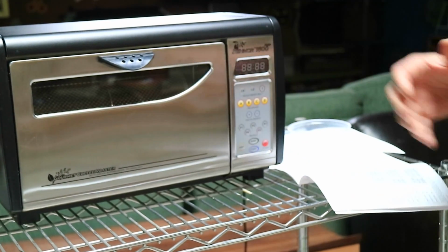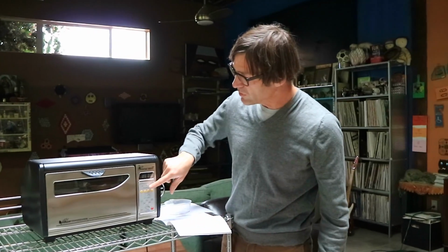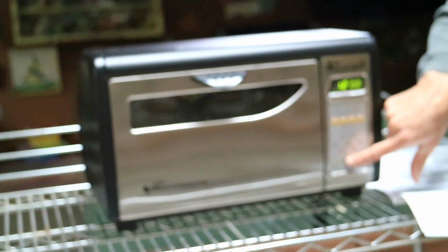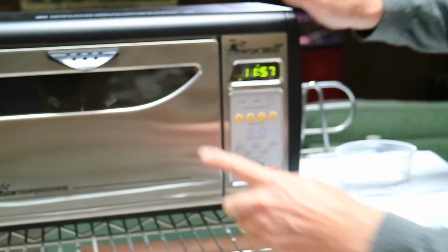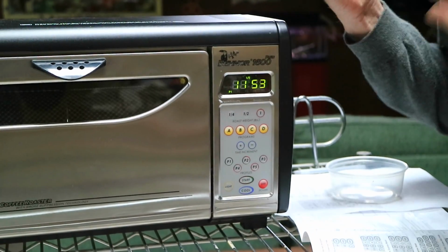And all you do to roast manually is you start an automatic roast. So you can do that any number of ways. Push a half pound, and I can just press start. And my roast is going. I check my drum to make sure it's turning, and I listen to make sure there's no weird sounds, and